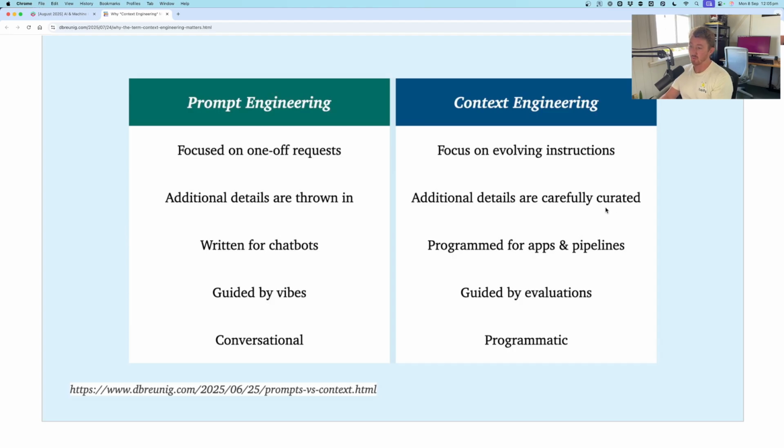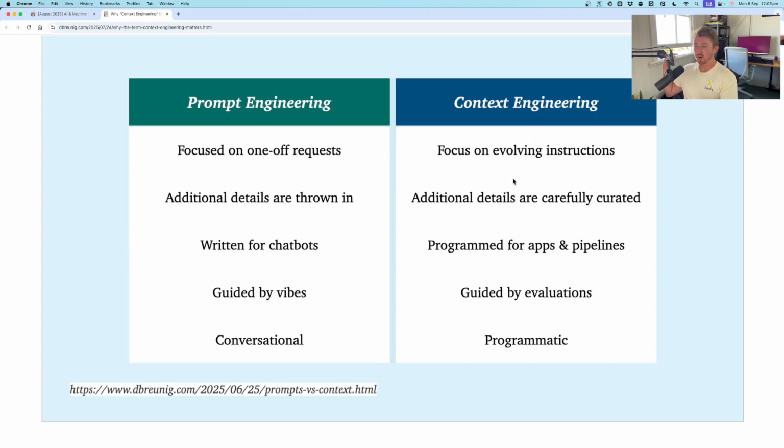So this is where you might use a RAG pipeline or something like that, where you could use additional information in the context. You guide them by evaluations, which is a really important point, is that if you want to deploy your prompt into a specific product environment, you want to know that, hey, if I change this one sentence, how's that going to look in the output of my app? And then programmatic, you can save them to, at the moment, my workflow is just I've got a bunch of TXT files, and then I iterate on those because, to me, they were just the easiest to work with. And so you can iterate on them programmatically,